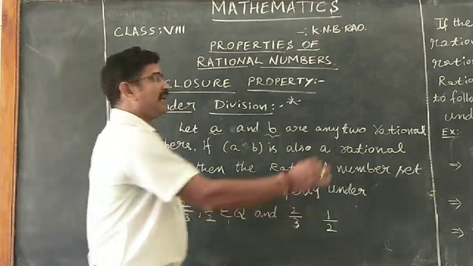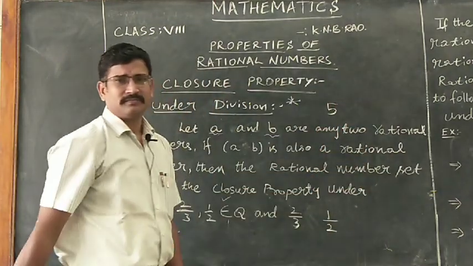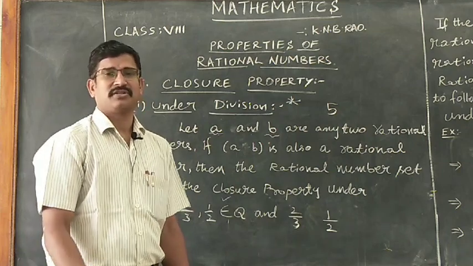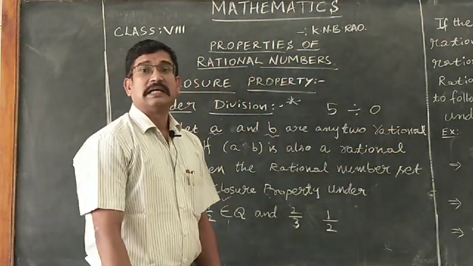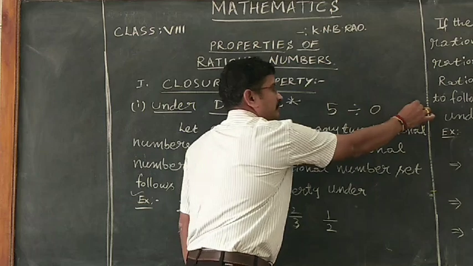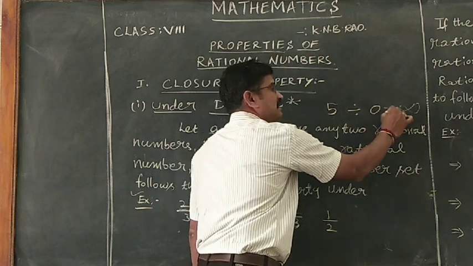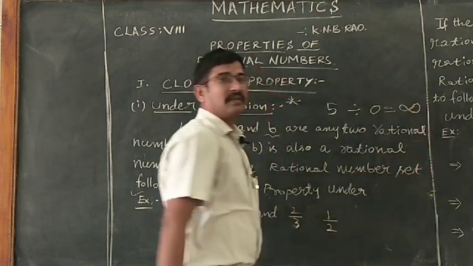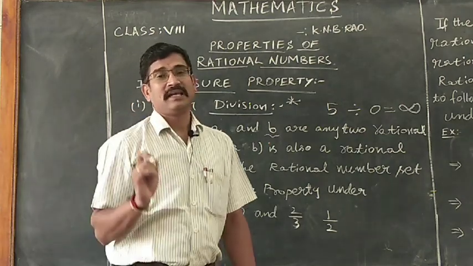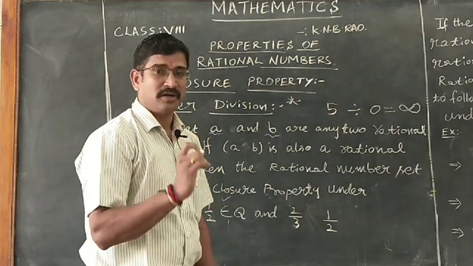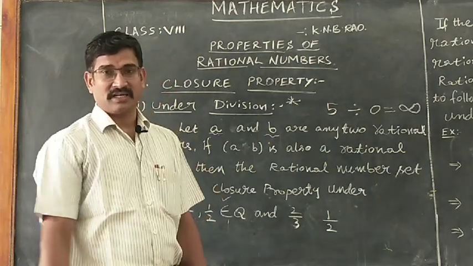Knowing that any number, let it be a whole number or a fraction or a rational number, when it is divided by 0 results in infinity. Very important, this is infinity, uncountable, which I have already explained to you. So, when any rational number divided by 0 gives infinity, this is one important condition, children.